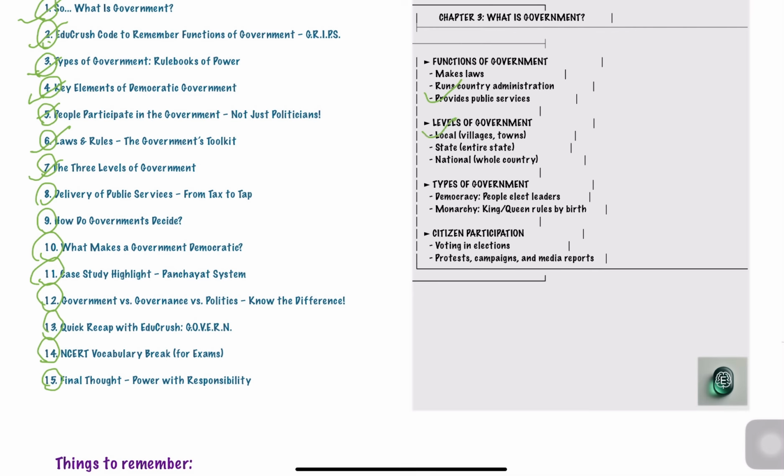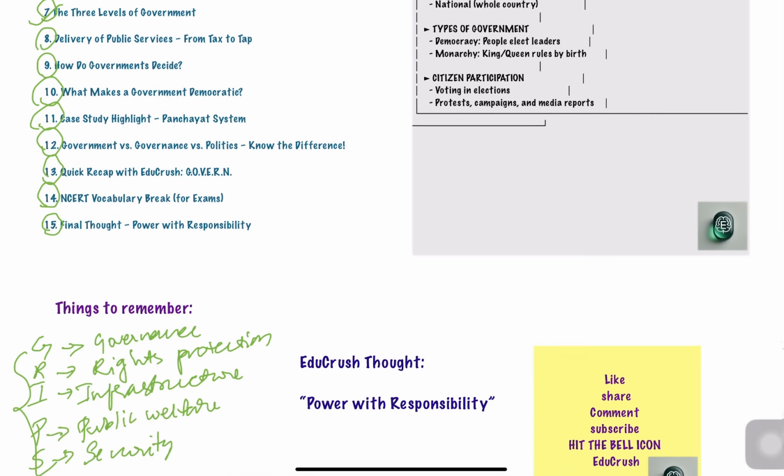India doesn't run from Delhi alone. There are three levels of government: central government, state government, local government. Central government deals with the whole nation, state government deals with individual states, local government deals with villages and cities, panchayats and municipalities. We can also remember this with the help of a code